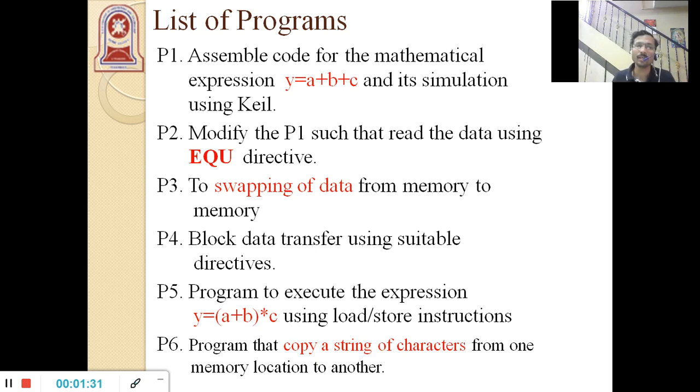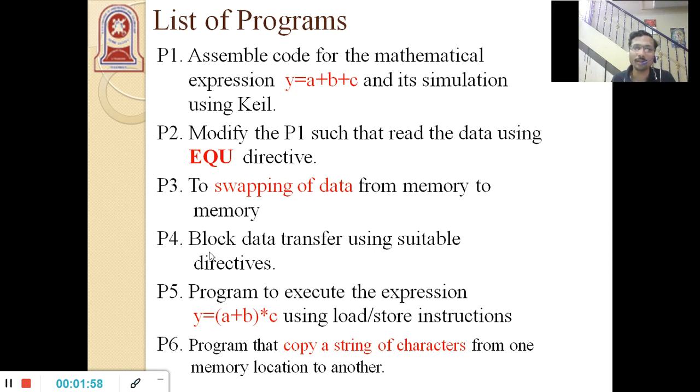One is to read the a value, b value, c value from the memory using a data base, using the DCB assembler directive, or else you can assign the individual addresses, that is a equal to some address, b equal to some other address and c equal to some other address manually, and read the data using LDR and STR instructions.